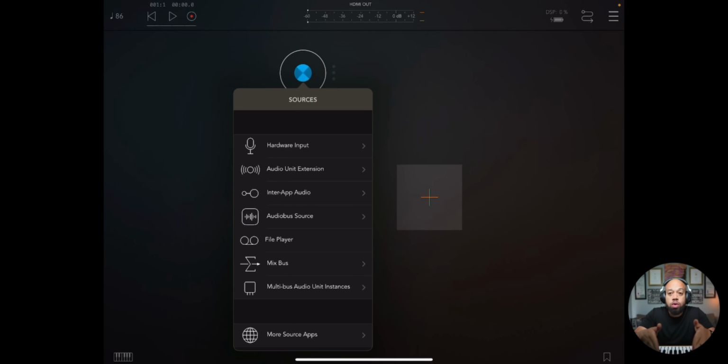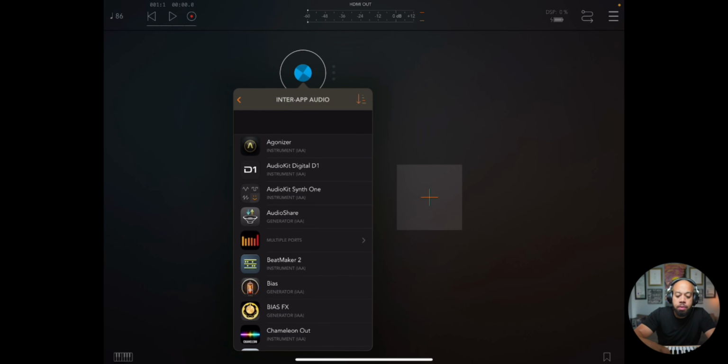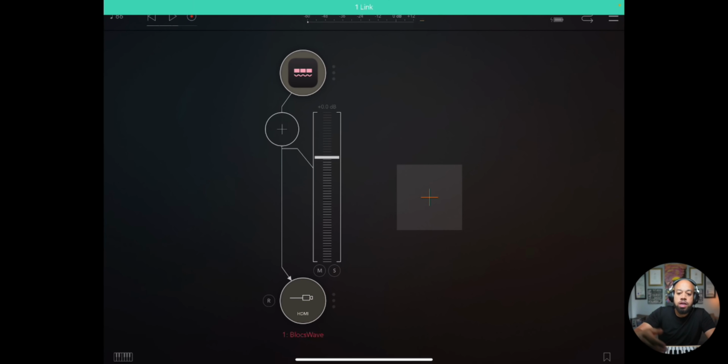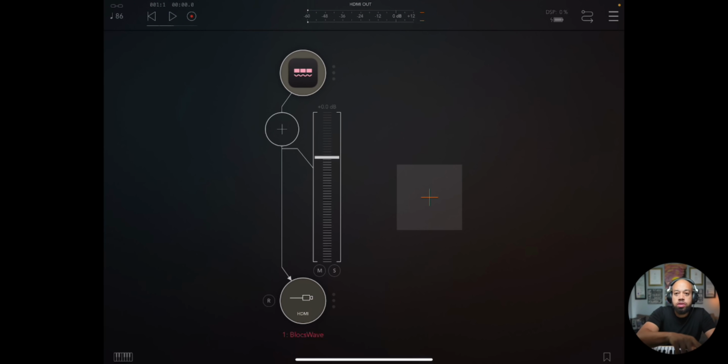AUM and Audio Share are made by the same developer. And the mix bus is where you can do your routing of your audio, right? So I'm going to go in here to Inter-App Audio and come all the way down to Blocs Wave. Now, you'll see I have Blocs Wave. My tempo is set to 86 over here in the corner. And if I play in Blocs Wave,